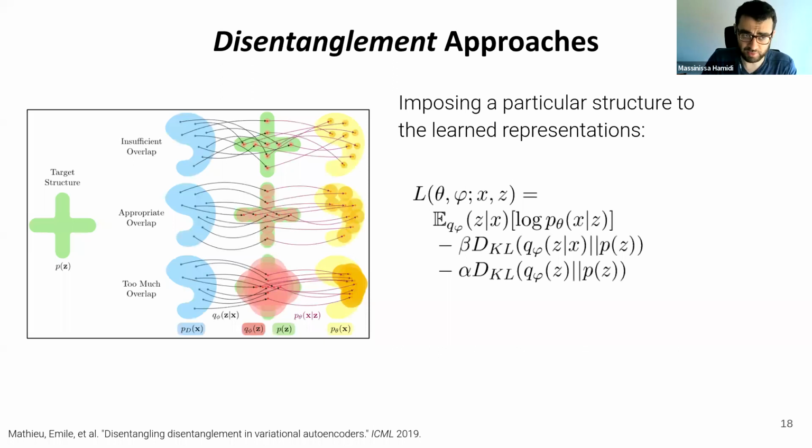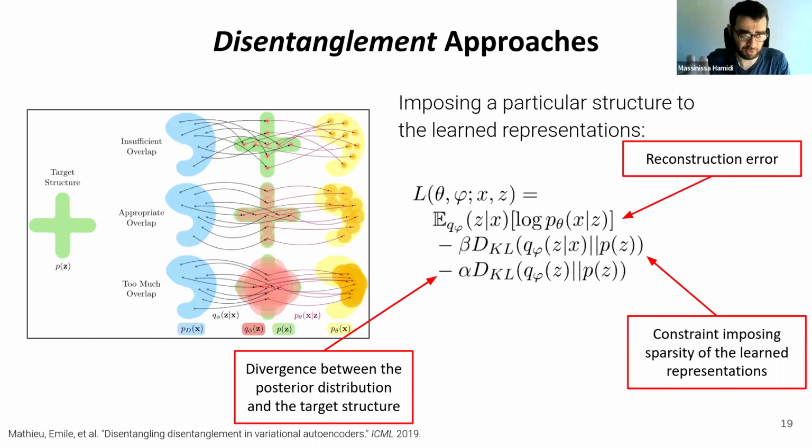And you have other, more featured methods, such as this one, presented at ICLR 2019, which provides, in addition to the beta-VAE objective function, another term which imposes a certain structure in the latent space. I will come back to these details if you want, but for now, let's dig into